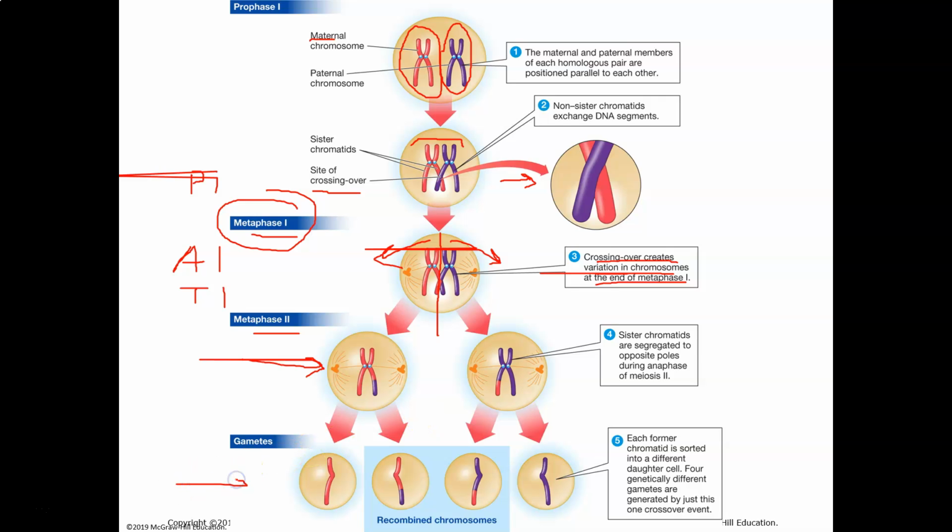So we talked about in females, it's egg cells. In males, it's sperm. So what you get is each one of these has a different combination of genes. The same genes, but different combinations of them because they swapped over way back in the crossing over phase. So you get 4 unique gametes that you can reproduce with.